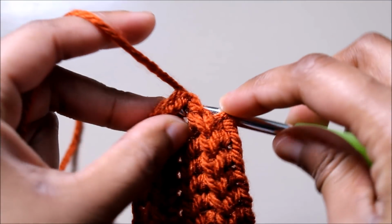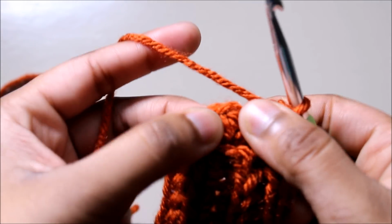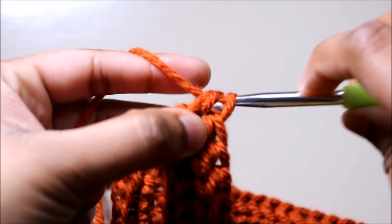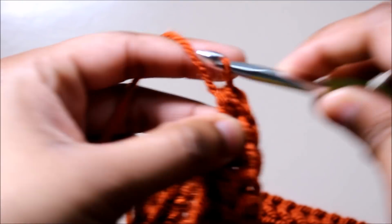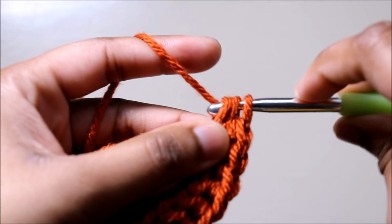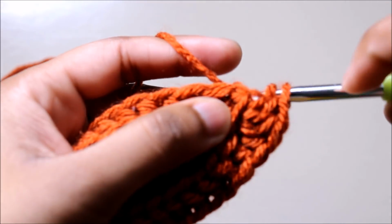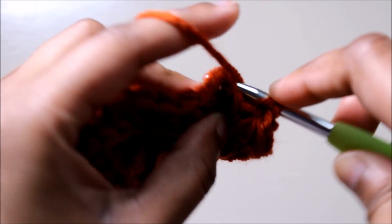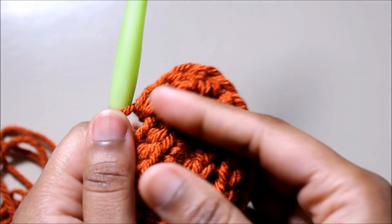So I'm gonna go into the next and do a back post half double crochet and go into the next. I'm gonna do 3, so like this, do 3 half double crochet, 1, 2, and 3, and then continue by doing 1 half double crochet in each. So go into the next, I'm just gonna do 1, then continue, so now you can see